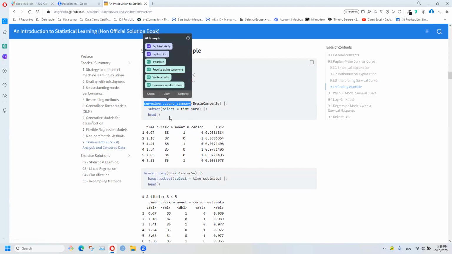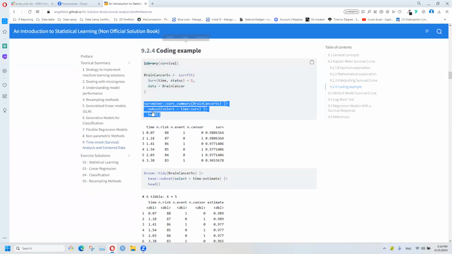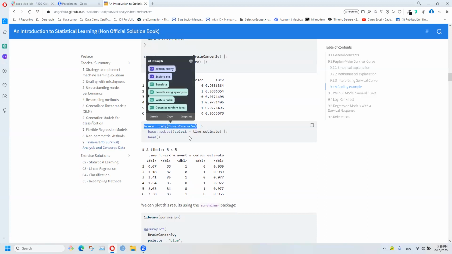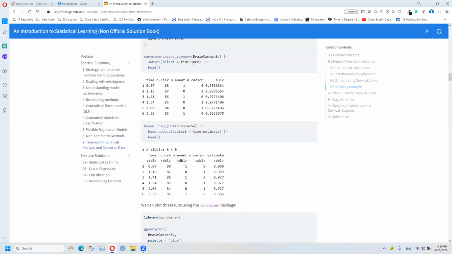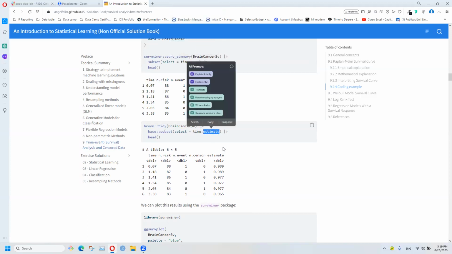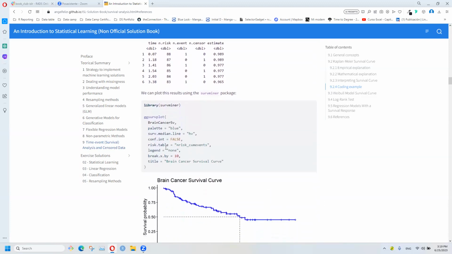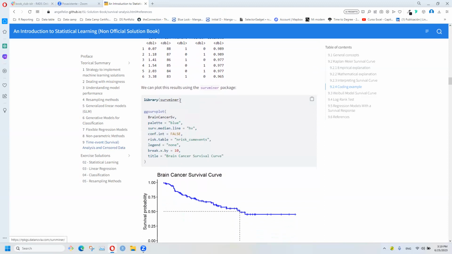If you want to see the whole table, you can use that function, or you can just use broom tidy and you will have the same table. The survival and the estimate are the same column, but they are named differently. And for survfit, you also have really good